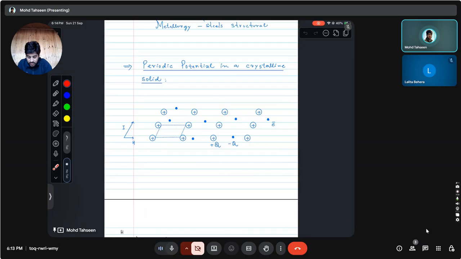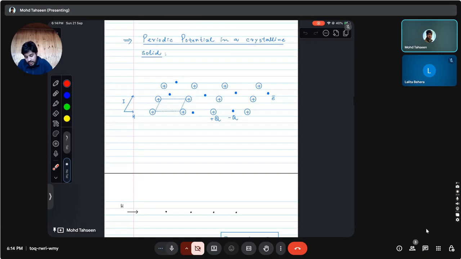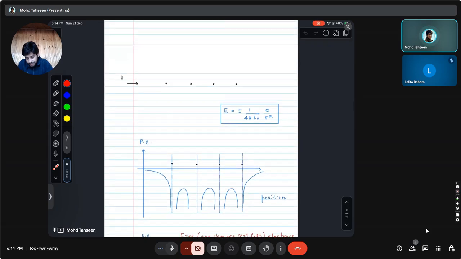And here we can see that the distance between the ions in this direction is different than the distance between the ions in this direction. And this difference in packing of a material causes a variation in the potential that is experienced by these electrons moving around the ions. So since they experience different potentials along different directions, that accounts for the differences in properties that we measure across these directions, right?